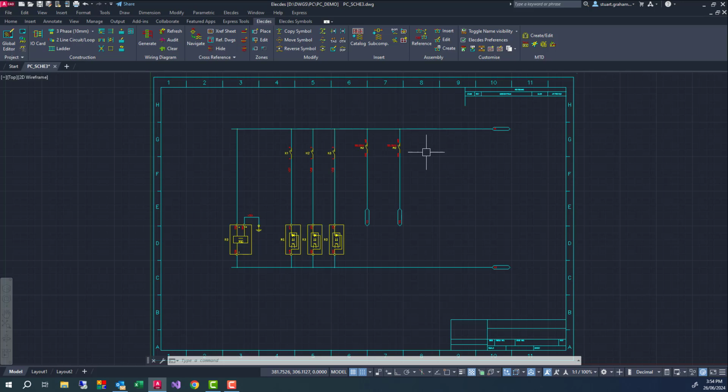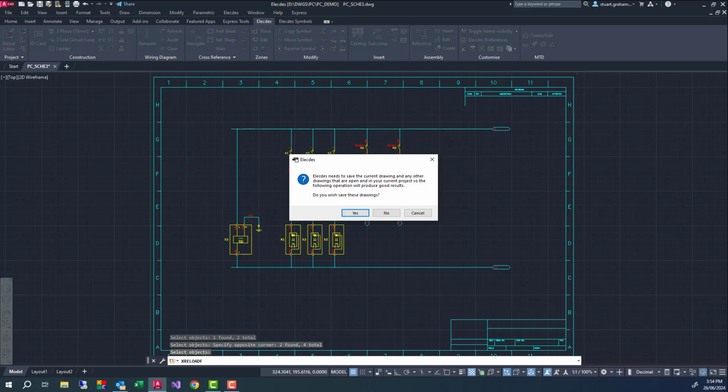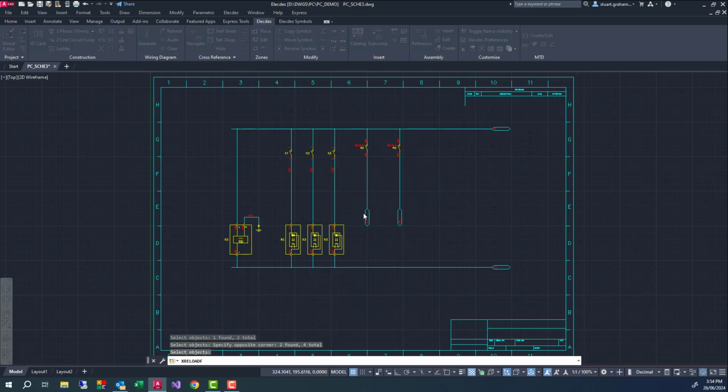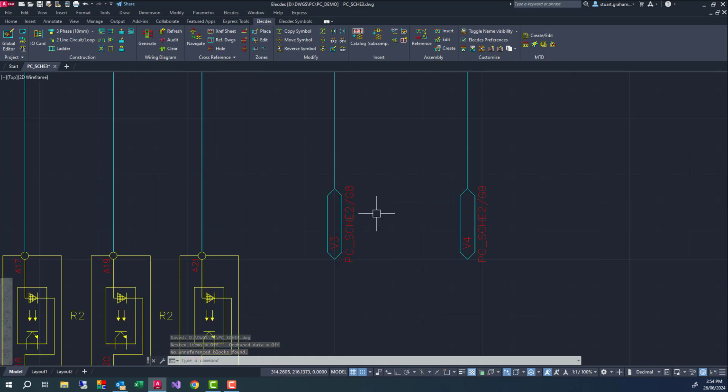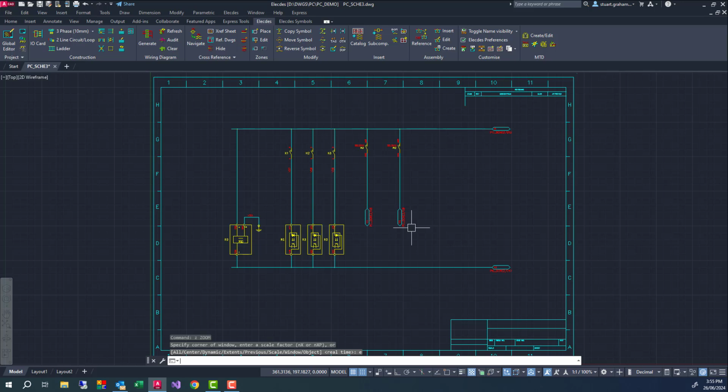Electors can automatically cross-reference your circuits on a project-wide basis. I'll firstly cross-reference the wire extensions. This automatically places a reference to the other end of the wire jump alongside each extension. Cross-referencing captures the position of the components, then assigns them a zone on the diagram. The zone could be a grid square or a rung number rectangle. My referencing tells me the sheet number and a grid square such as G8 or F9.